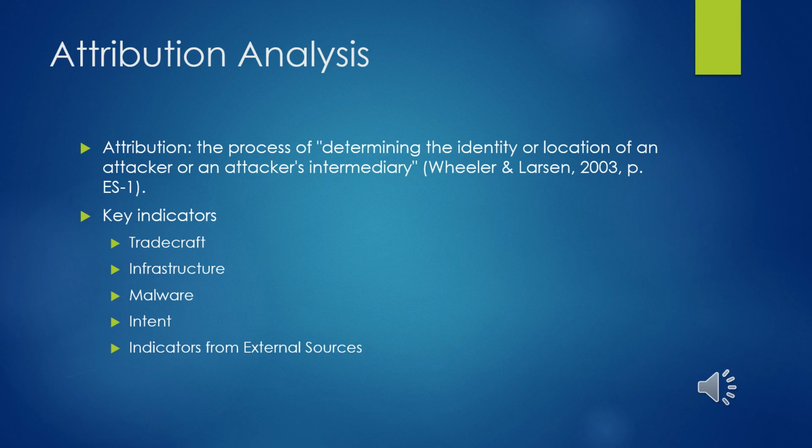Nation states and other groups will frequently and unintentionally create patterns. For example, specific text or numerical strings may be present throughout multiple attacks. Infrastructure refers to the physical origin of an attack and can refer to both compromised and command and control systems.